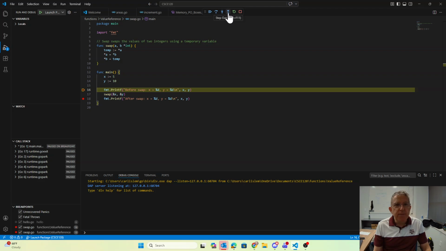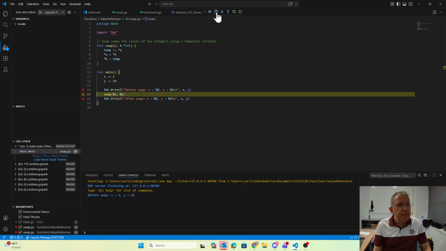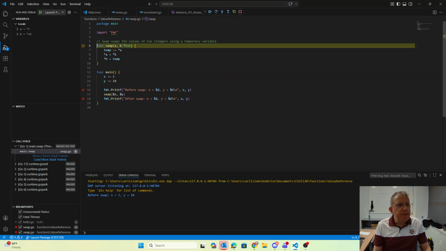We can step into a function. We can step out of a function. We've seen those things before. We can restart, quit, or continue. So I'll go ahead and step over this function. We'll step into swap. So this is a new function here. This is going to again highlight